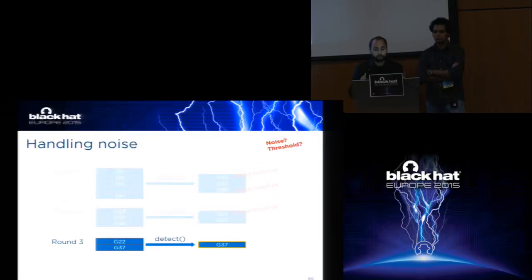We can actually do that and assume that it works because the probability that the exact same guess will be affected by noise 2 times or 3 times after each other is quite low. Noise doesn't affect specific guesses, it just happens randomly. And through that, we can eliminate the noise.